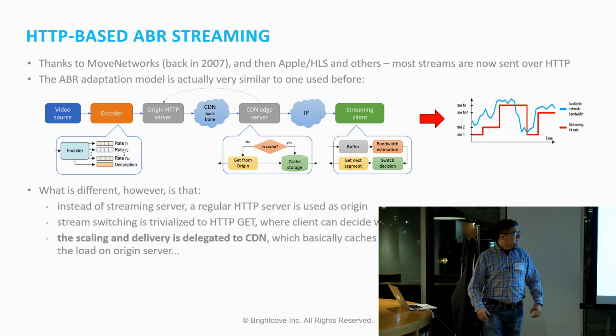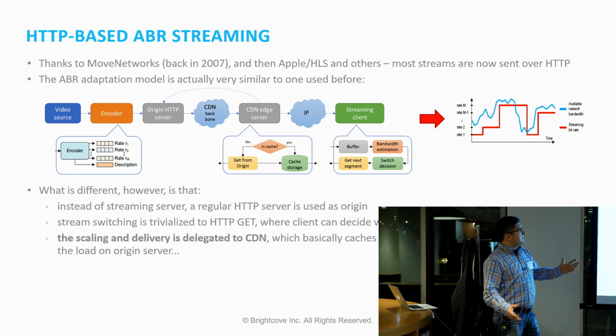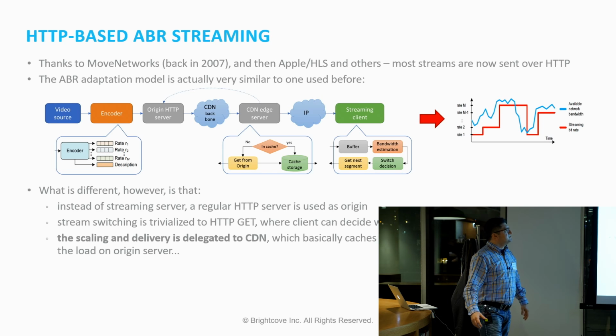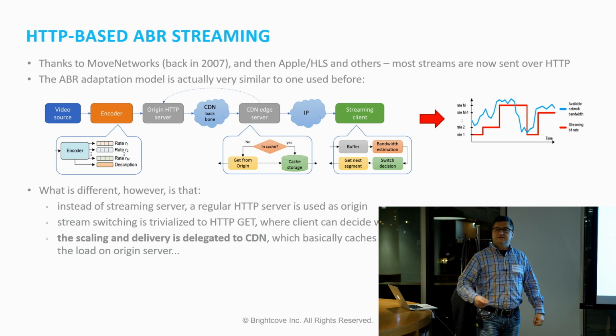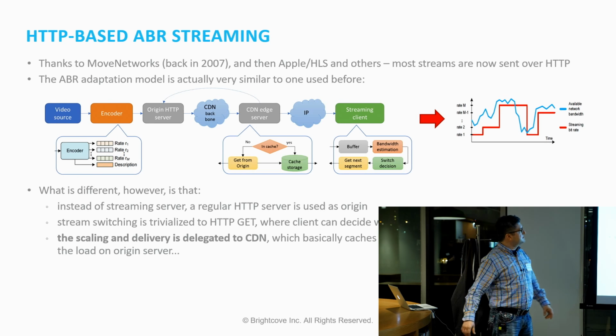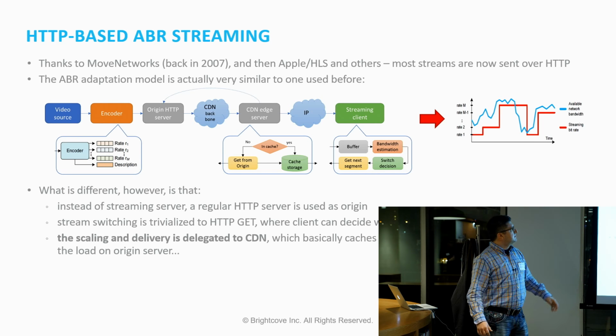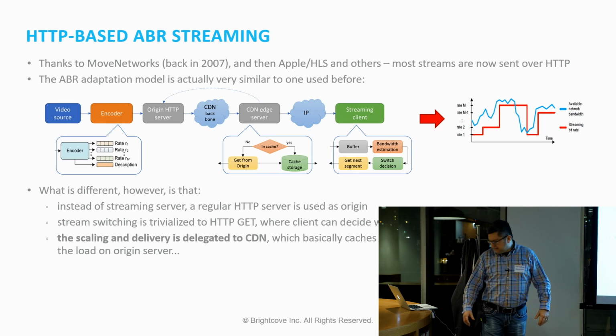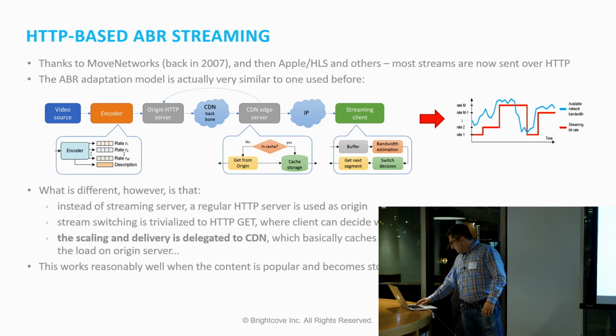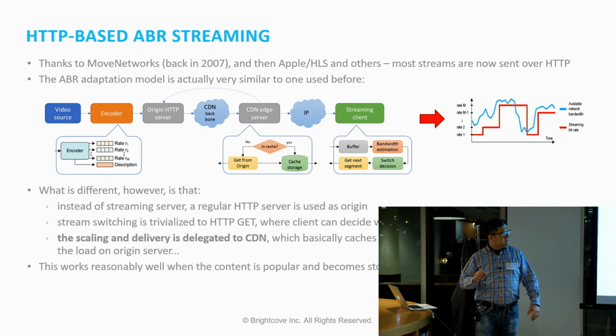And what the CDN does as part of its scaling, of course, is operate a plurality of edge caches, and each edge cache looks at the content. If it has content locally, it streams it right away. If not, it asks for it to be propagated from the origin server in the worst case. So that's the basic concept of HTTP streaming. It simplified the problem of scaling because CDNs could be used, and CDNs were designed to do this. But there are some things that came with this, and I'll talk about this later.